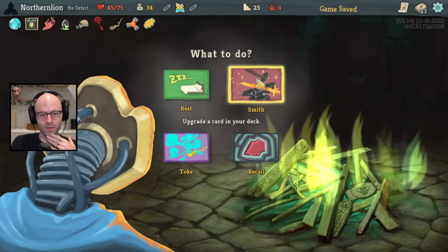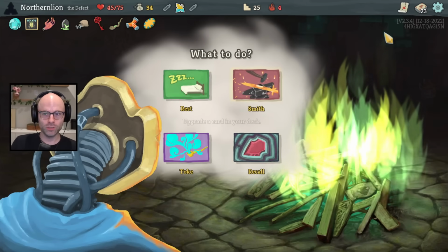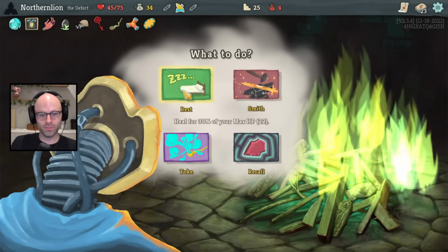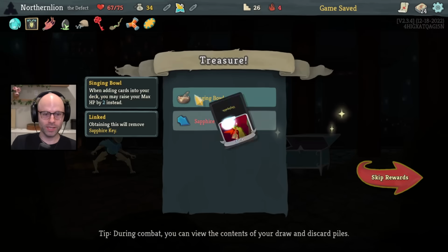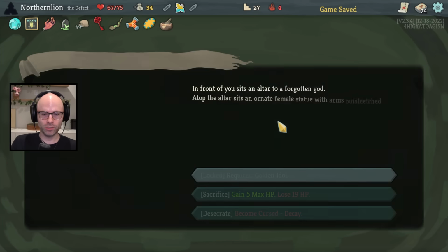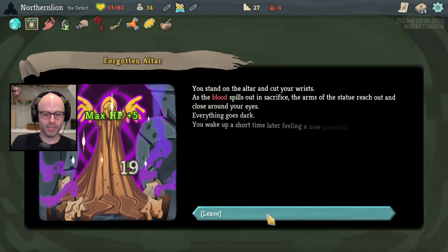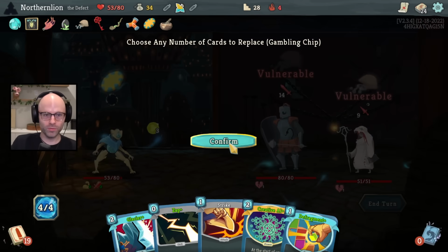Whenever possible, brother, it seems it's always best to smith a card. But I'm gonna own up to my previous mistakes, and I'm gonna say, you know what, we're gonna take a rest here. Singing Bowl is gonna give us some HP. I don't really want a second curse, so I'll take the max HP. We probably won't be able to remove a...